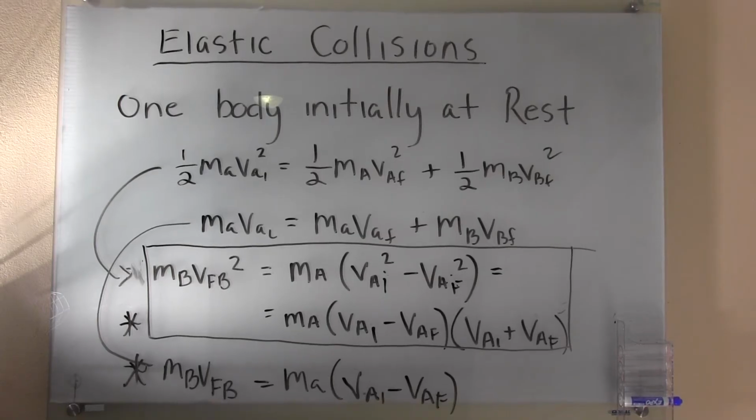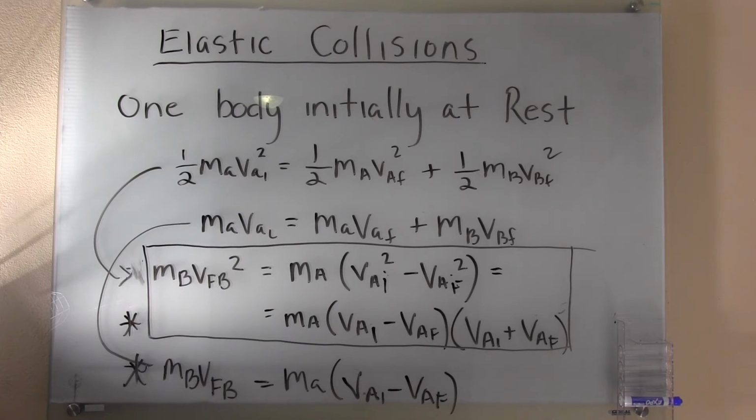Here is a special case of elastic collisions with one body initially at rest. We start off and write our expressions for conservation of kinetic energy and conservation of momentum as seen under the one body initially at rest. I take my expression for the conservation of kinetic energy and I simplify it. I divide through